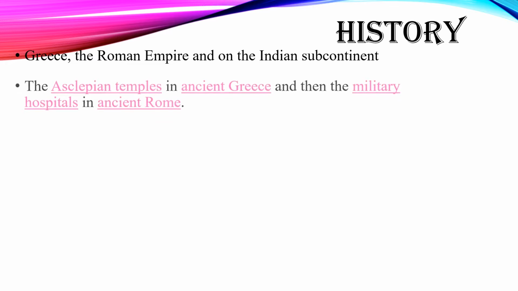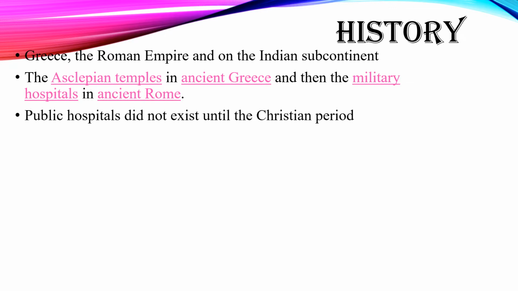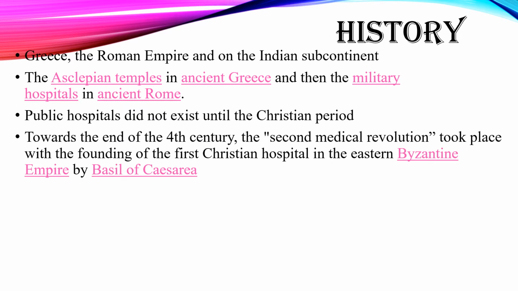The Greek temples were dedicated to the sick and infirm, but did not look anything like modern hospitals. The Romans did not have dedicated public hospitals because public hospitals did not exist until the Christian period. Towards the end of the 4th century, the Second Medical Revolution took place with the founding of the first Christian hospital in the Eastern Byzantine Empire by Basil of Caesarea, and within a few decades, such hospitals had become ubiquitous